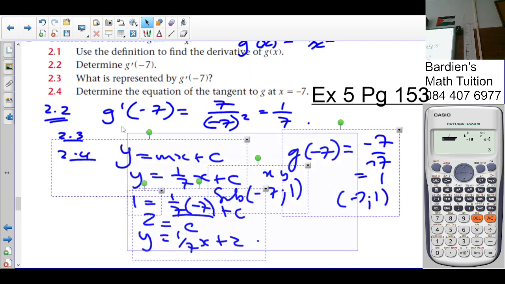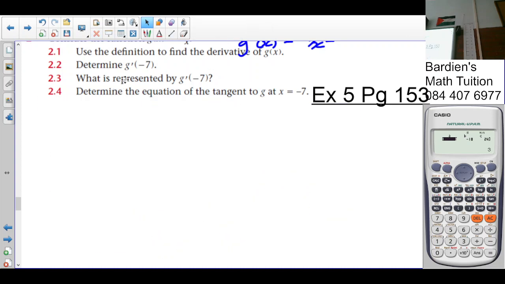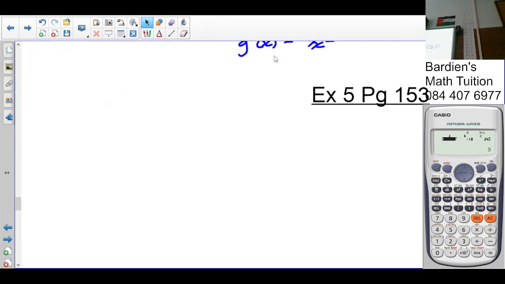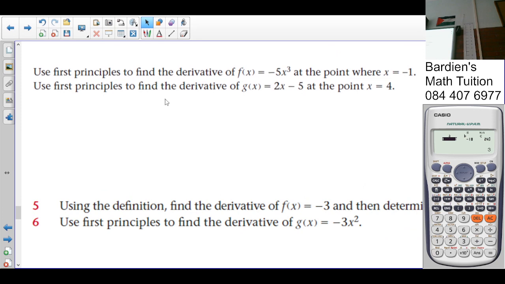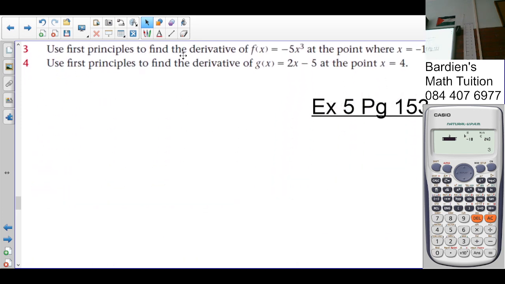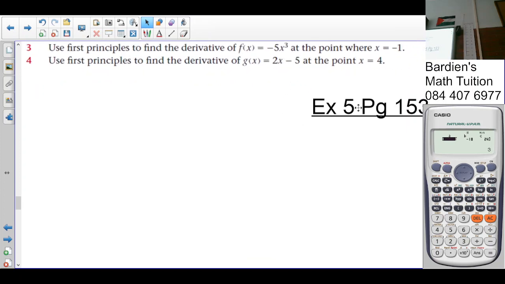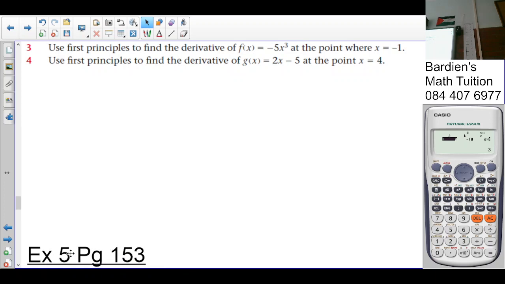I'm going to take this off here. People notice I'm spending a lot of time on this here. Okay? Please don't miss out this question in the exam. It says use first principles to find the derivative of f of x at the point where x is equal to negative 1. Again, the first thing we do is